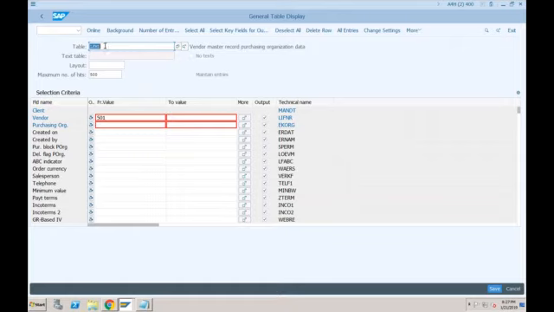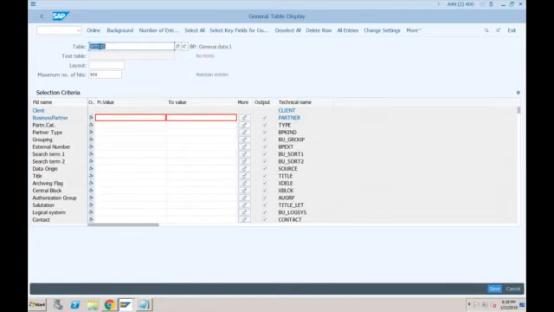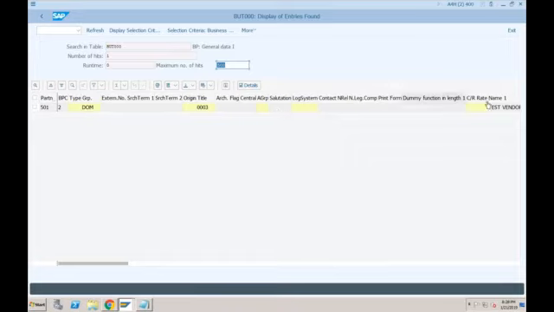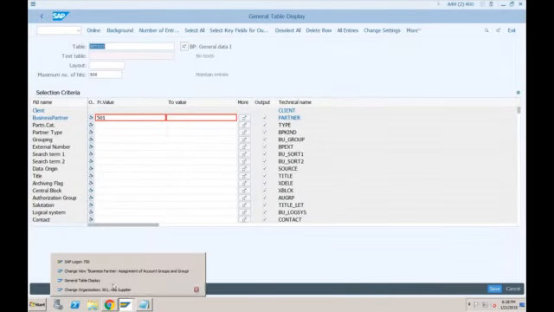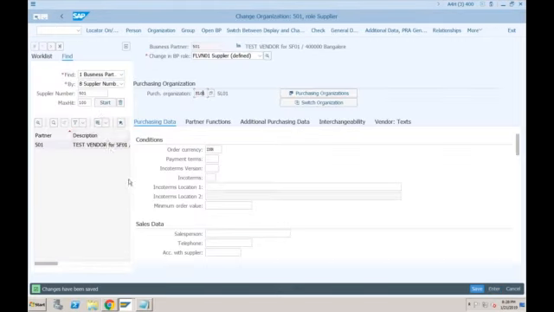Okay, so the most important table is business partner general data, which is BUT000. BUT000 is a business partner general data table. Again, if you provide the business partner number, it will show you the business partner related data which is created. Apart from this, if you want to know, like in our case, we created this vendor 131,